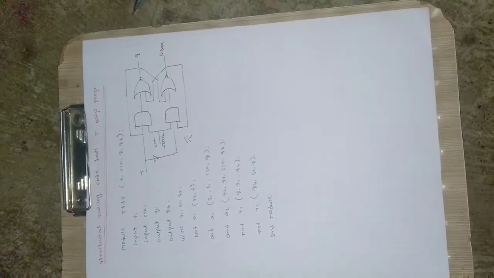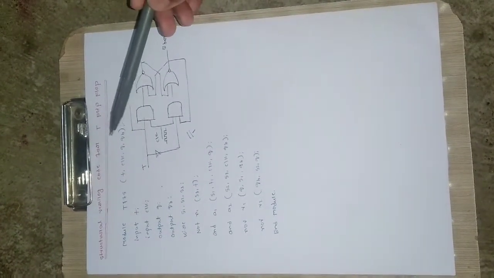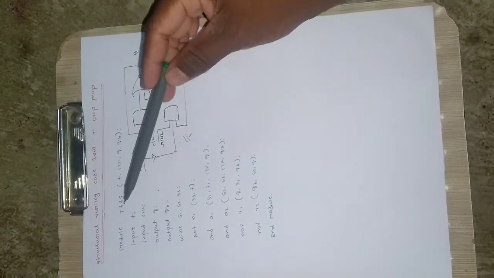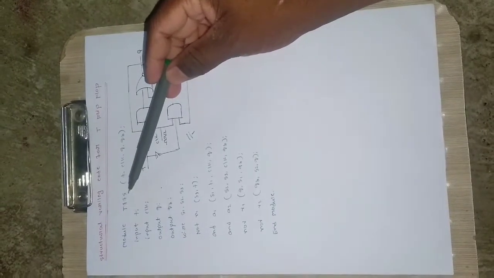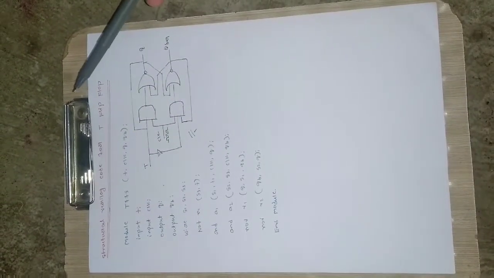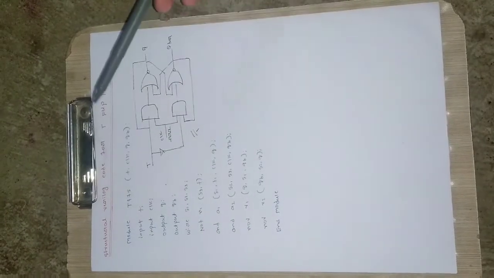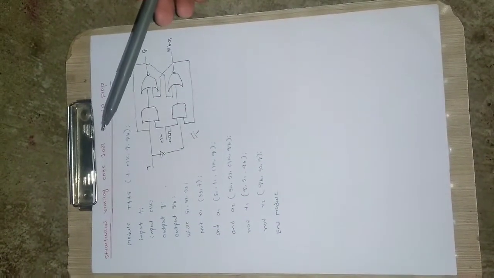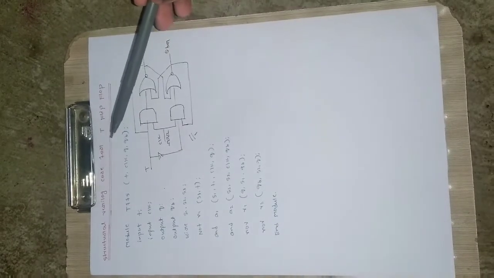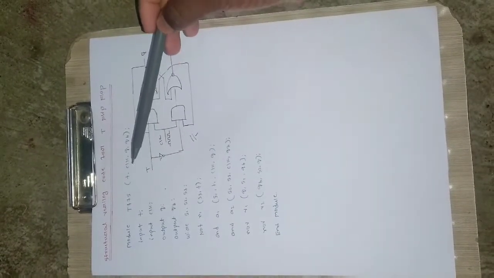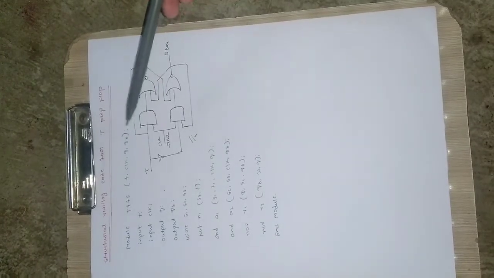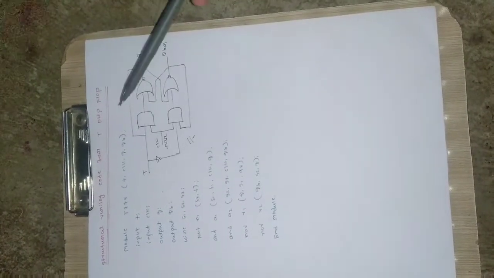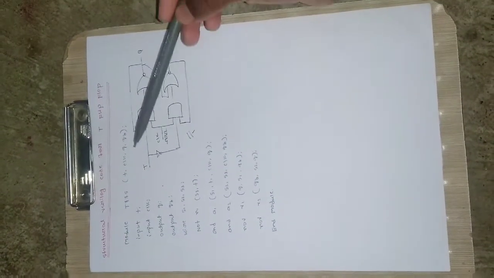Alright, so we will first define the module, that is module T flip-flop, and I have used TFFS as the name. It is a user defined name, guys. You can give anything. So I have taken TFFS. You can give your own name also. No problem there, it will not throw an error. Then we have to define the inputs and outputs here. So T is the input, clock is the input, Q is the output, and Q bar is the output as well. Put a semicolon over there, and it will indicate the close of the module's first statement.